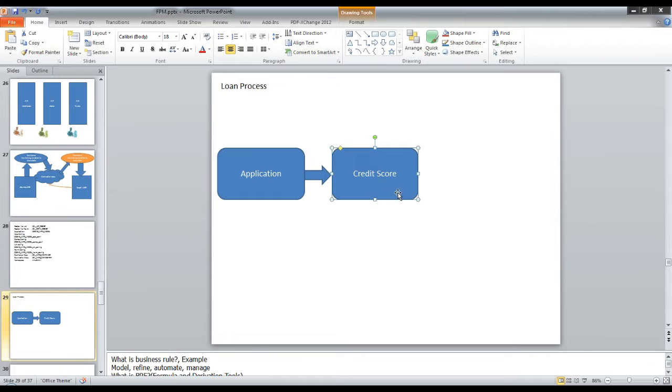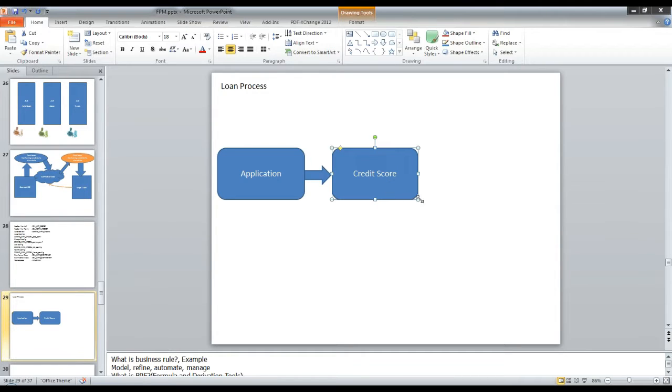Now, in order to calculate the credit score, they will take into consideration a lot of conditions, not just your personal condition. They will also consider market situations. What is the interest rate in the market at that point of time? How is the central bank policy at that point of time? So all these things will be determined by the bank while calculating the credit score, that is, how much loan they would like to give you out of what you have requested.